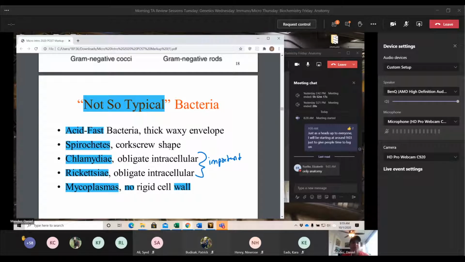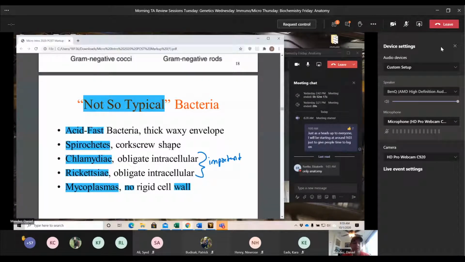And then you have your obligate intracellular bacteria. These are very important to note. As we talked about before, these are bacteria that require a host cell to do any sort of metabolic process, and these are your two: chlamydia and rickettsia. You're going to go into them in much more detail in block 2, but right now be familiar with the idea that these are your two obligate intracellular bacteria. They can be used in question stems, and just from the name, you'll have to remember it's obligate intracellular and take those few steps to remember the important things about an obligate intracellular bacteria.